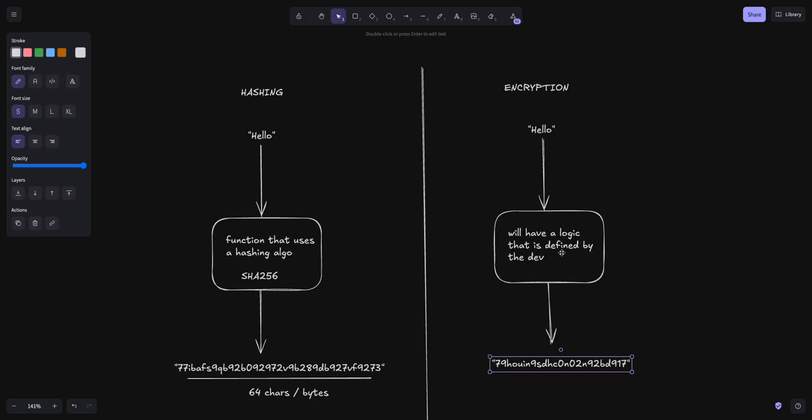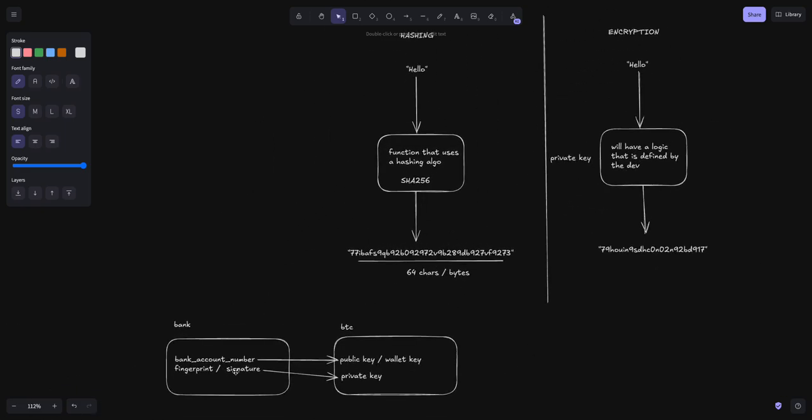With this logic, we need something called a private key, right? A private key. Just understand this. For encryption, we need a private key. And what is a private key? A private key is nothing but the same as the fingerprint and signature. We will very shortly understand how this private key matches this fingerprint and signature, and how it caters the same